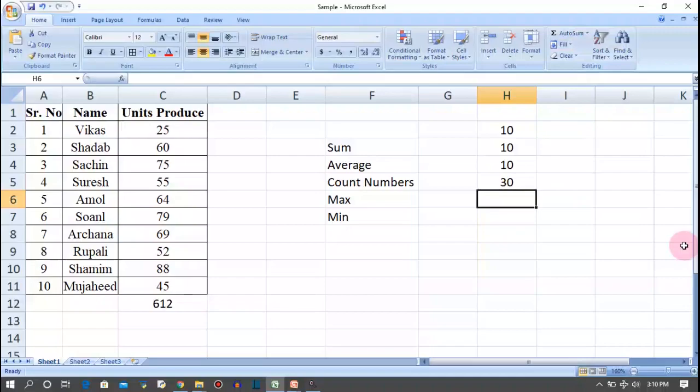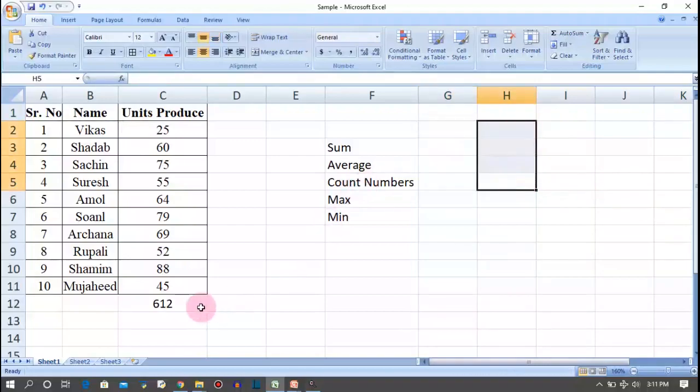It gives 30. If I change the values to 20, 20 and 20, then this value automatically changes. You don't need to run the formula each and every time. Once you run the formula, it updates whenever you change the value. Over here if I enter 25, then the answer becomes 65.